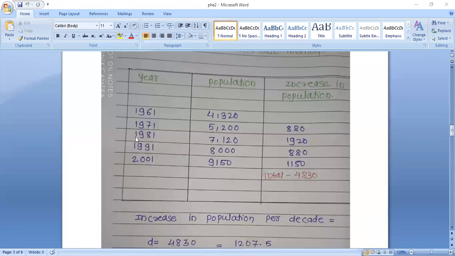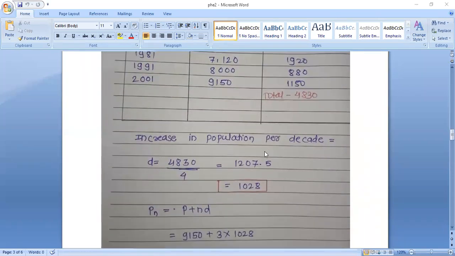880. Then similarly for the year 1981, the population is 7,120, and for 1971 the population is 5,200, and the increase in population for 1981 is the difference between these, that is 1,920. Similarly, the increase in population for 1971 is the difference between the population of 1971 and the population of 1961, that is